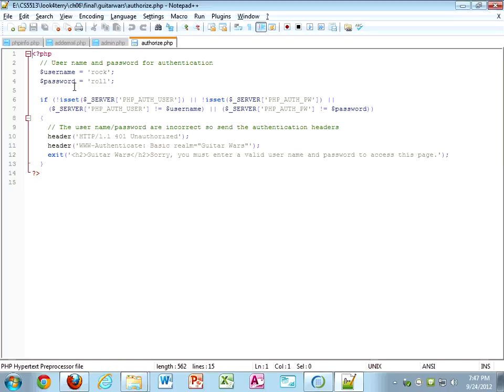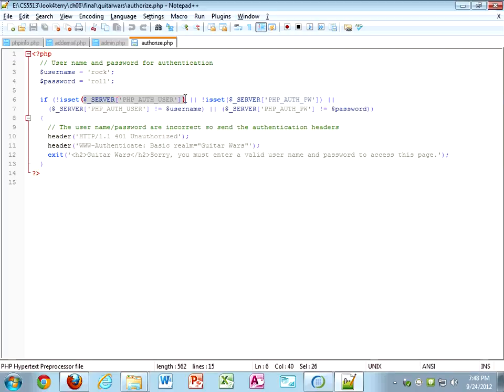Okay. Now, this isn't a requirement of HTTP authentication. This is just how this application happened to do it. It's a simple application. This username and password could be looked up in a database. Might be more likely in a big application is the username and password would be checked against a database. But the very first thing it does, it says, is